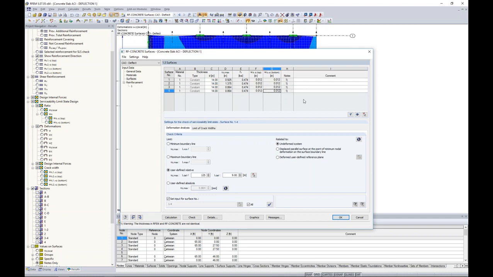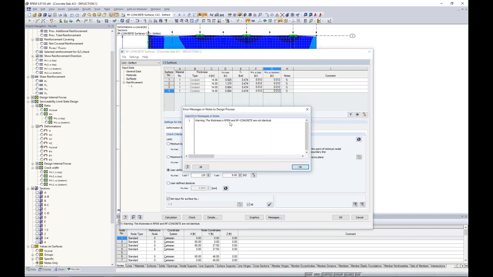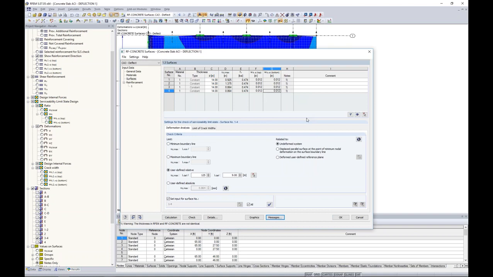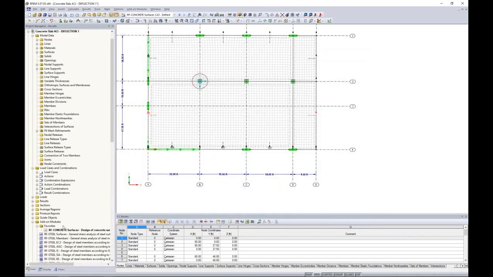You'll notice I get this notes message down here. I can check my messages. It says the thickness in RFEM and RF-CONCRETE are not identical. This is just a little warning in the program telling you that if you were to go back into RFEM and do any more analysis, you'll want to change that surface thickness to 14 inches as well, so that if you're doing any other analysis outside of this add-on module, it will be taken into account. So now I just want to hit that calculation button again, and once again,